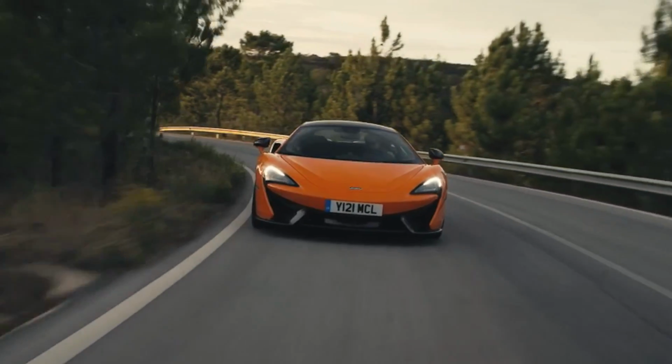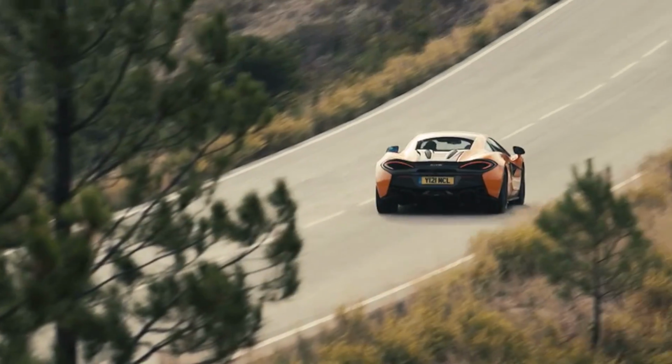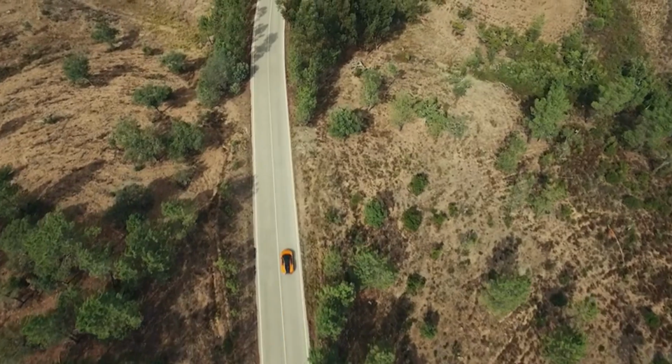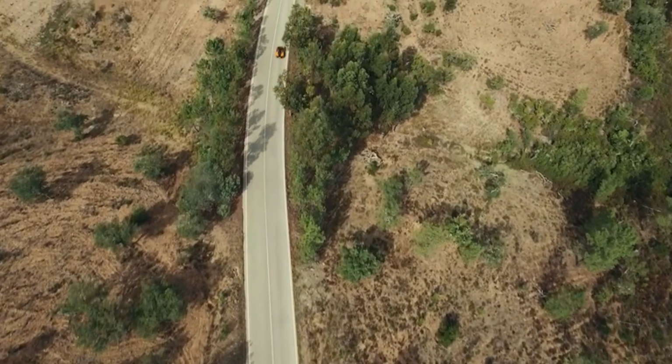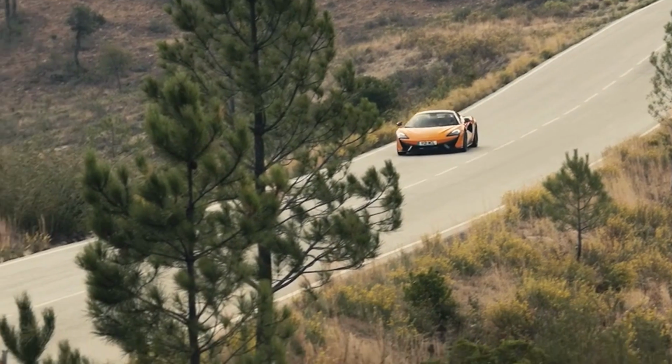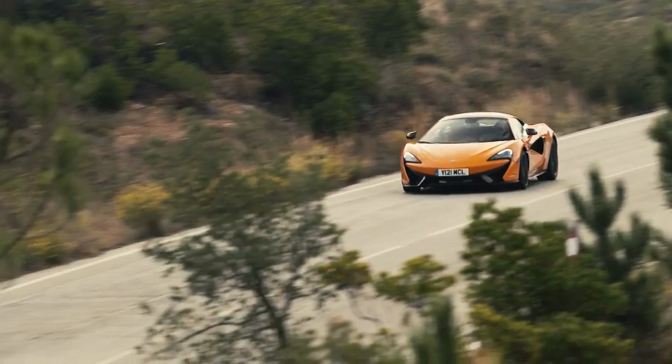There is a tad more turbo lag in the British supercar versus its German rival, but once spooled up it pulls like a train. It feels lighter and more eager to dart towards an apex. Don't get me wrong, both cars are engineering marvels, but the McLaren is the one that puts the biggest smile